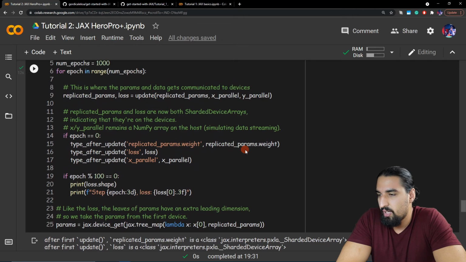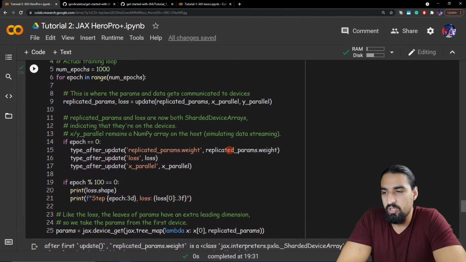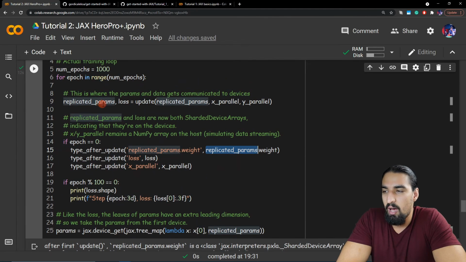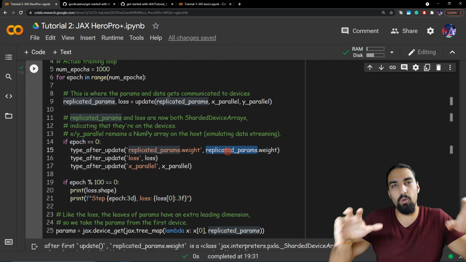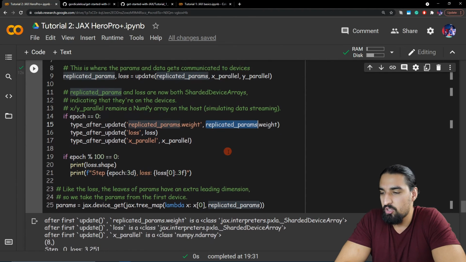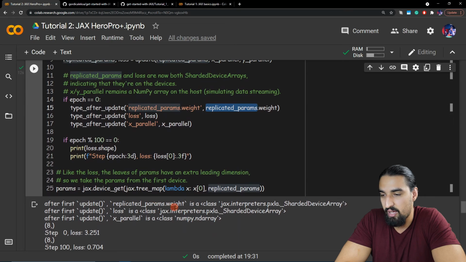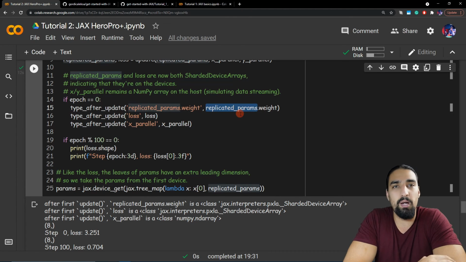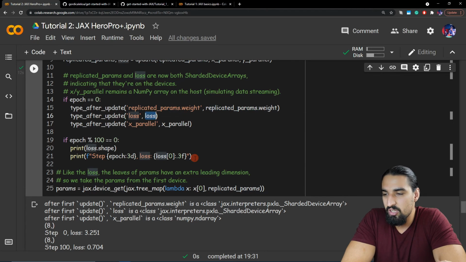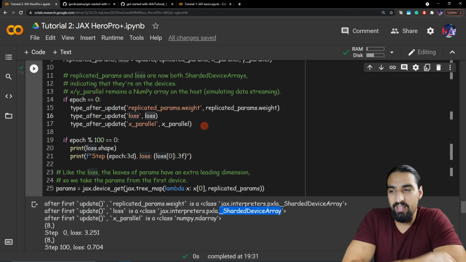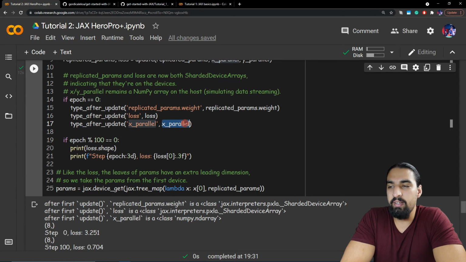What happened here? First thing I want you to notice is that replicated parameters, as I said, are going to stay on the cores, so they should be sharded device type. Let's see whether that's the case. We can see here after printing after the 0th epoch, this is a class of ShardedDeviceArray, which means that indeed our replicated parameters are on the cores themselves. Loss is as well a sharded device array,